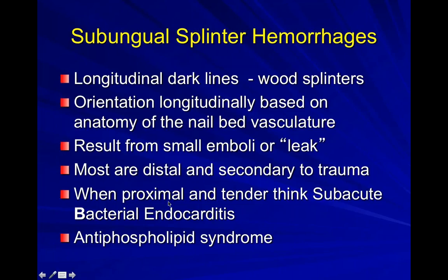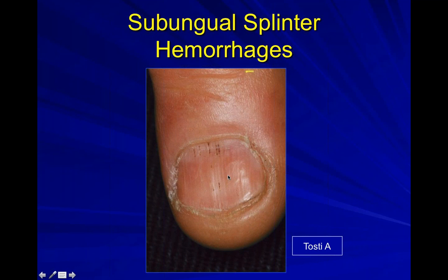But when you see proximal and tender splinter hemorrhages, both proximal and tender, think subacute bacterial endocarditis or the collagen vascular disease, as well as the antiphospholipid syndrome, which also falls into that group. So here's a classic